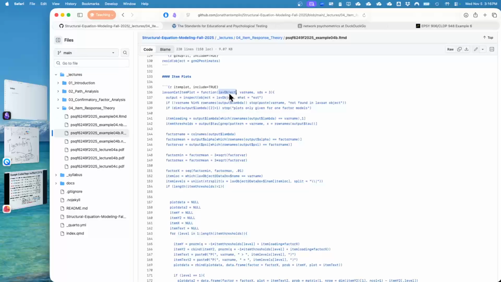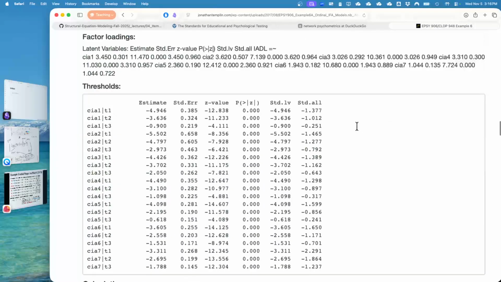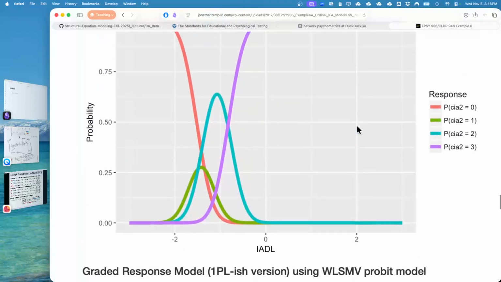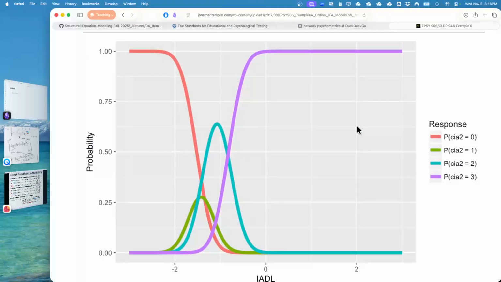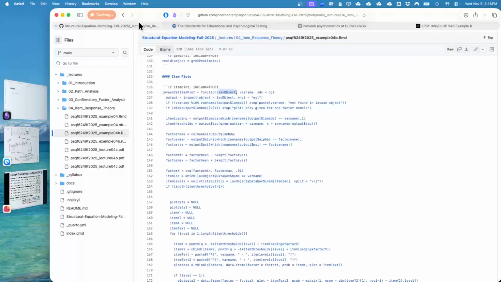But what I'm trying to get to is the item plots themselves, which show up over in the old lecture, but for some reason not here. Why you do this is to describe what's happening in each item in your measurement model, or to see that the model seems to be valid, right? Because that latent variable may not exist, or it may not exist in the way we think it is. But apart from all of this and the terminology, the purpose of structural equation modeling still exists, which is, are there mean differences?